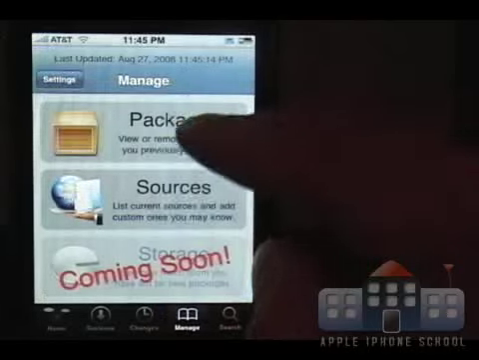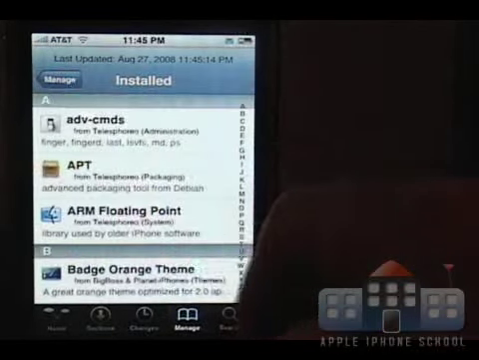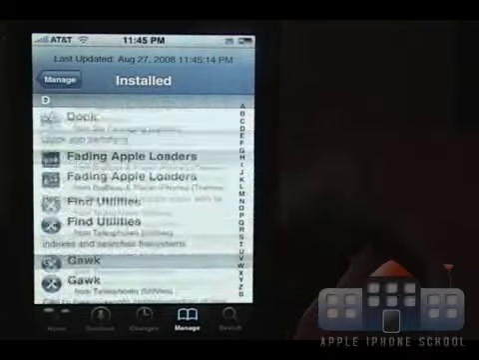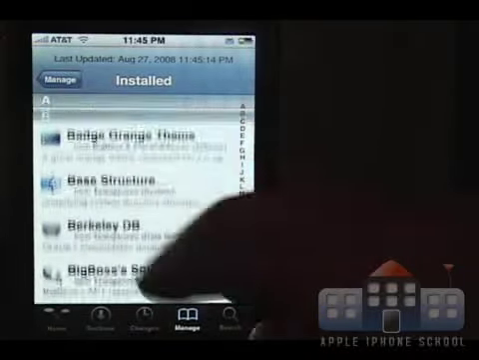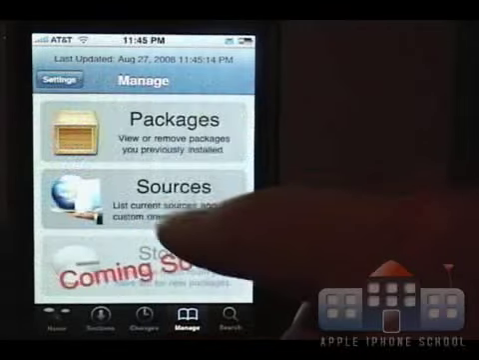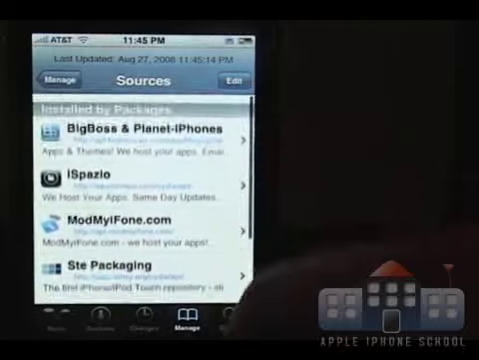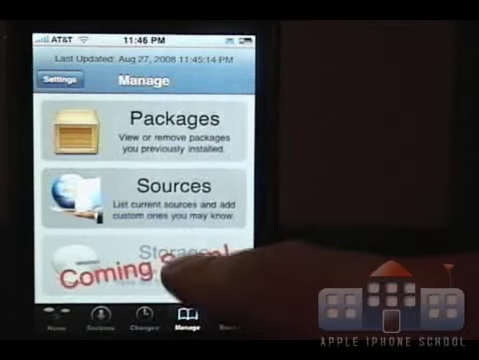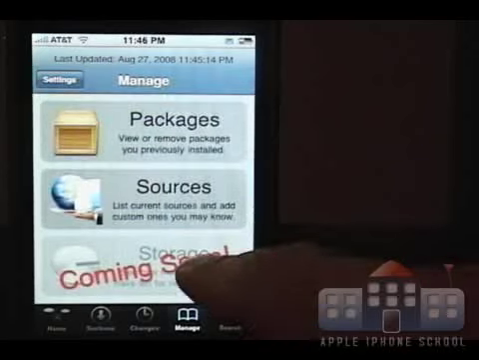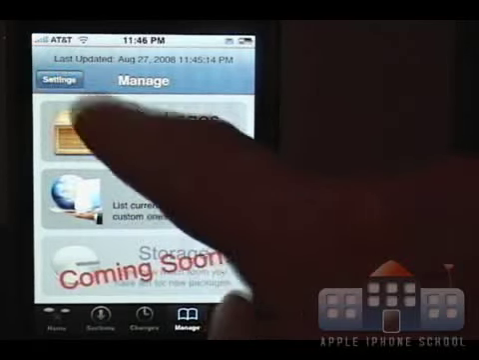You can manage both your sources and your packages. So first I'll show you packages. These are all the things that are installed. You can reinstall them, you can uninstall them. Also is all your sources. So all of your current sources. You can also, in the future, which hasn't been released yet, see how much storage is on your phone for applications. So about sources,